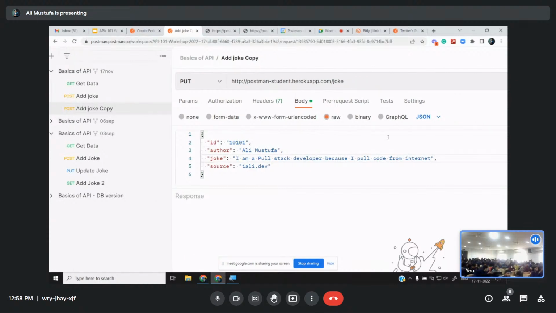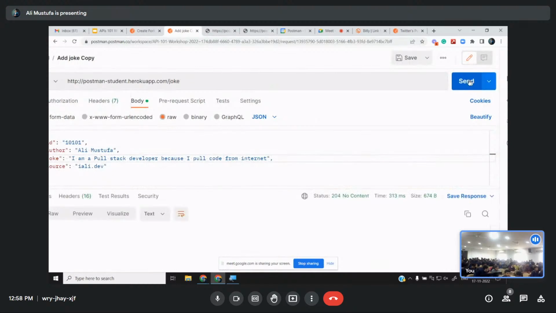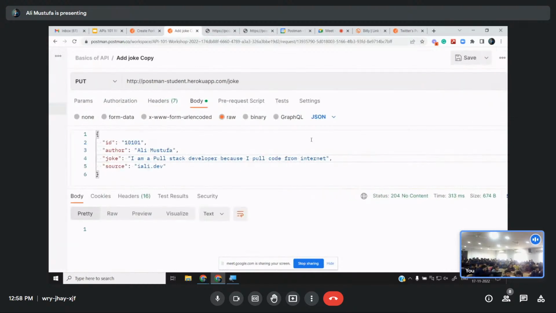ओके, लेट मी हिट सेंड। अच्छा बताओ स्टेटस कोड क्या आएगा जब आप सेंड करोगे? तो 204 आना चाहिए, कितना आना चाहिए? चलो फटाफट एग्जीक्यूट करो क्विकली,